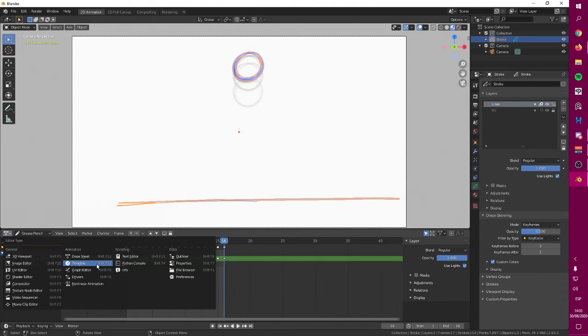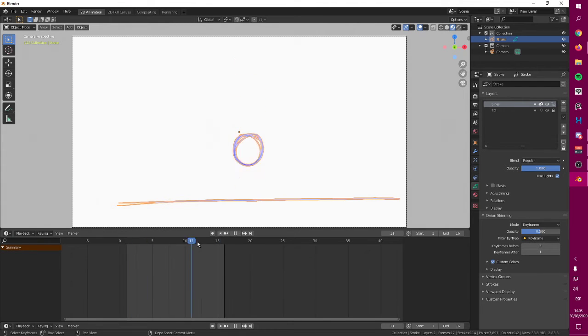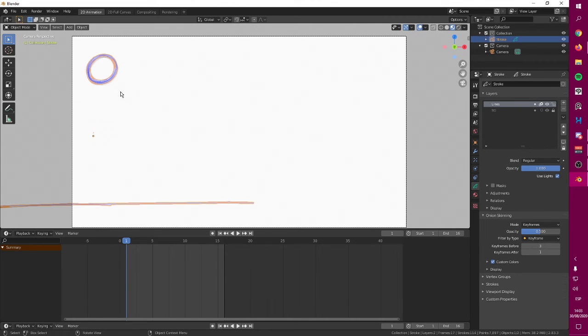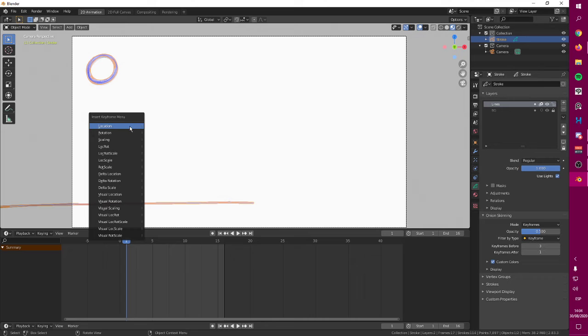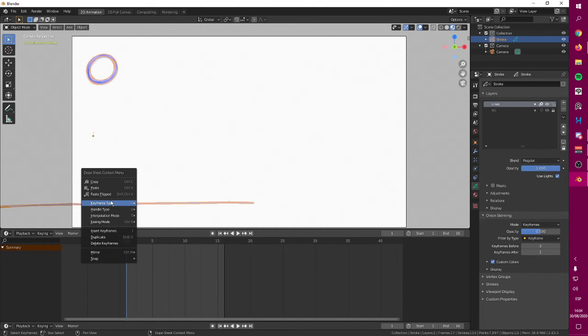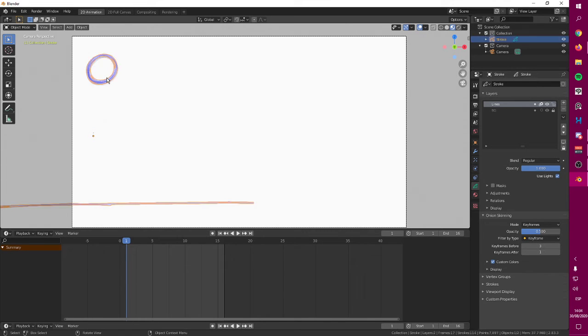And you can also use the timeline. This is your timeline, and the timeline is for moving objects entirely. So let's say you want this to start in here, press I to create a keyframe. This is going to be a location keyframe. Or I can right click and choose insert keyframes, but this never works. It is weird.